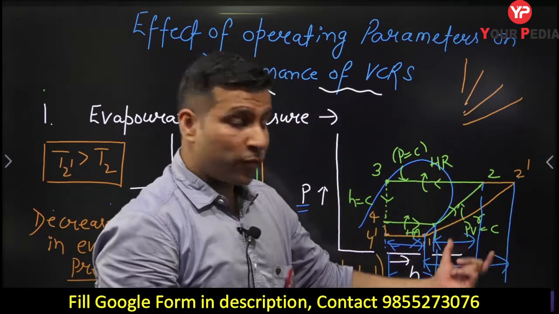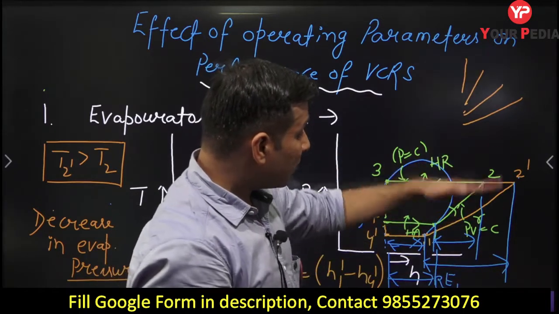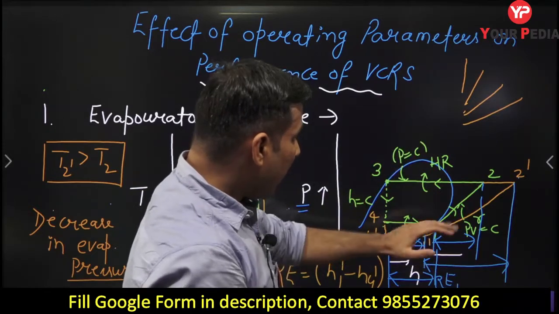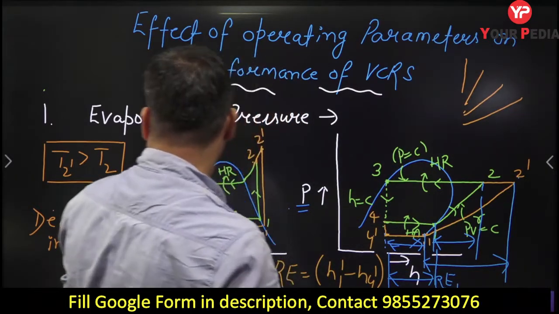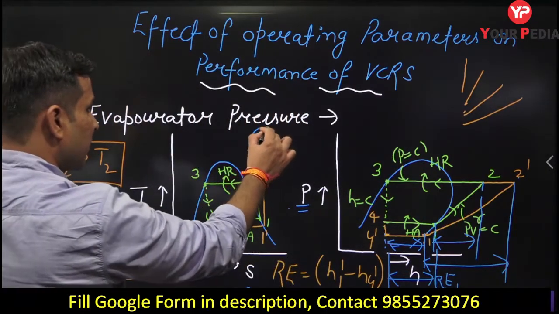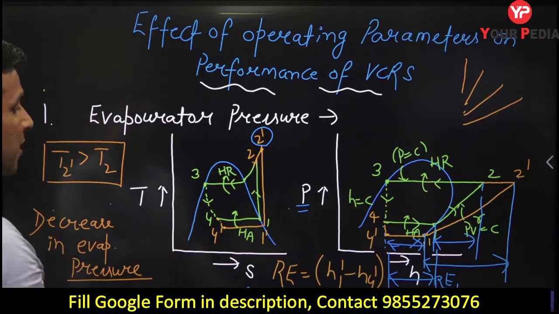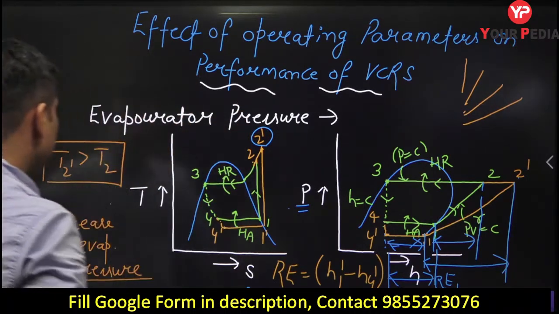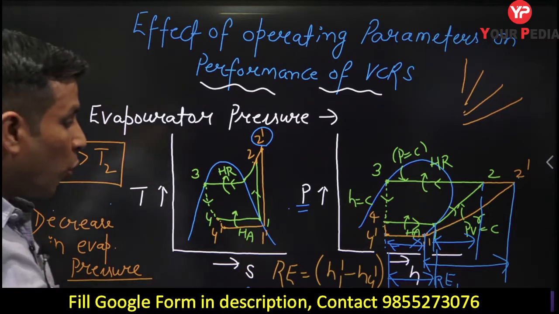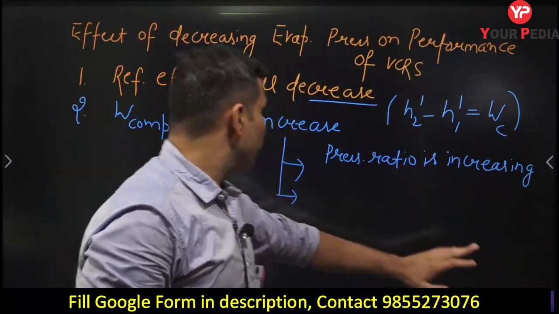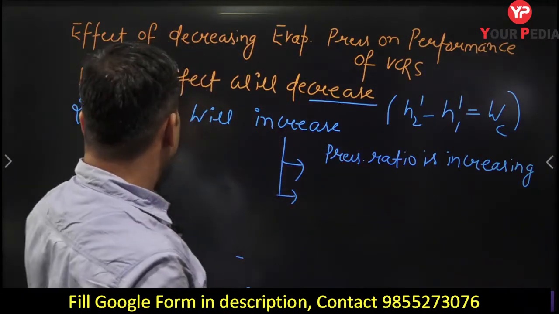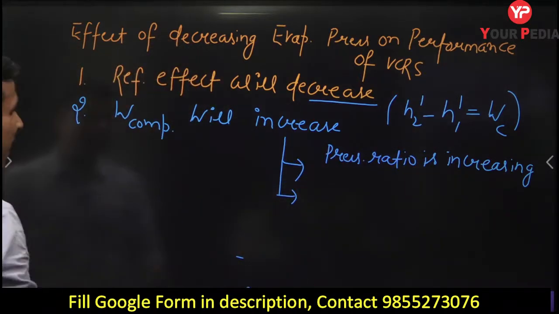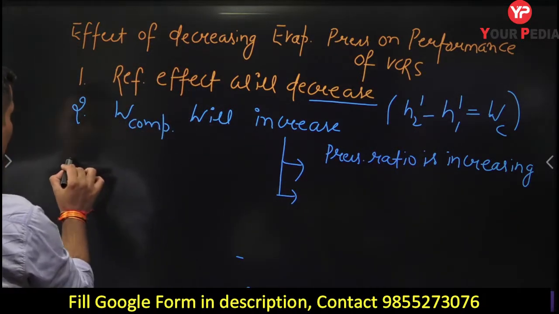And easily you can observe from this that the compressor work is increasing, because your pressure ratio is increasing. And here one more thing you can observe, that the exit temperature, the temperature inside the compressor, is increasing. So the overall effect is an increase in the compressor work. One more point, if you will add here, I will relate it with that also.